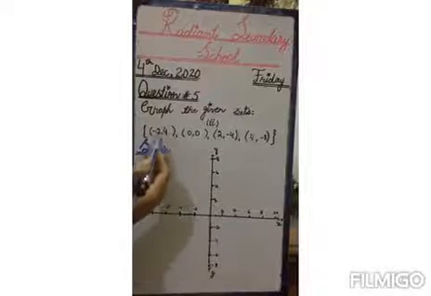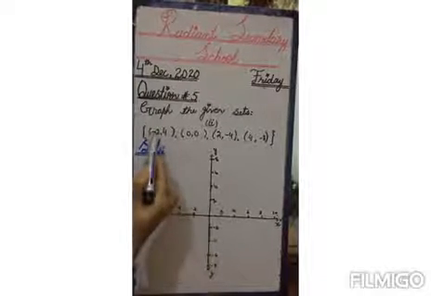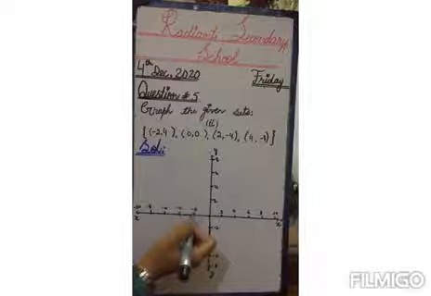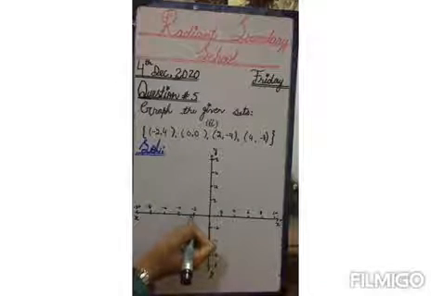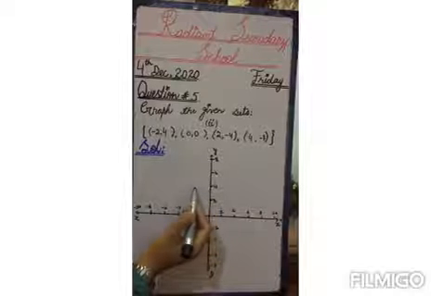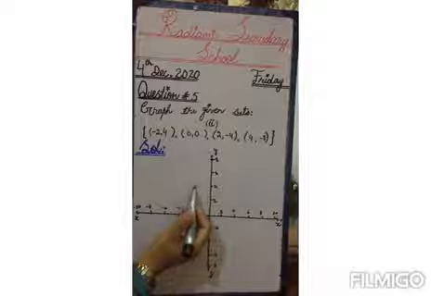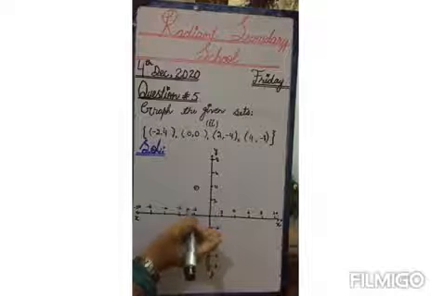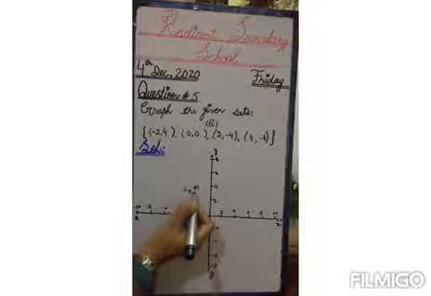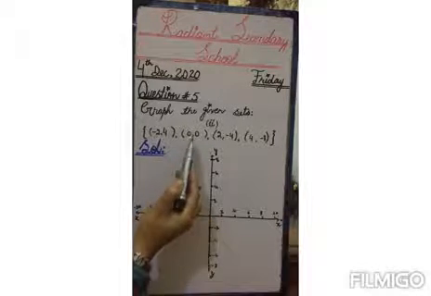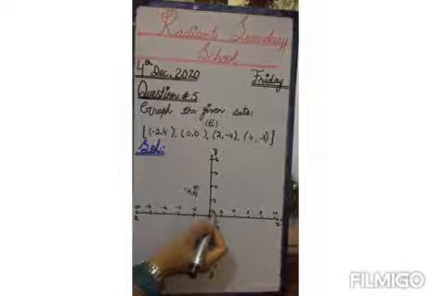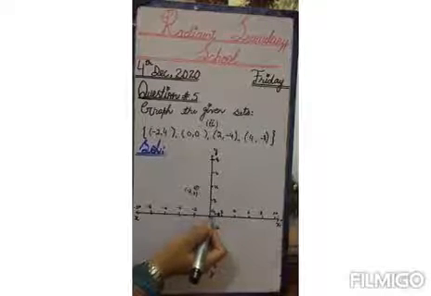We have (-2, 4). -2 means x and y. X is -2 and y is 4. So (-2, 4) will be here. This will be our point. So after putting the point, I will write that it is (-2, 4). Now next is (0, 0). As we all know, it lies on the origin. So x and y both will be 0 on the origin.